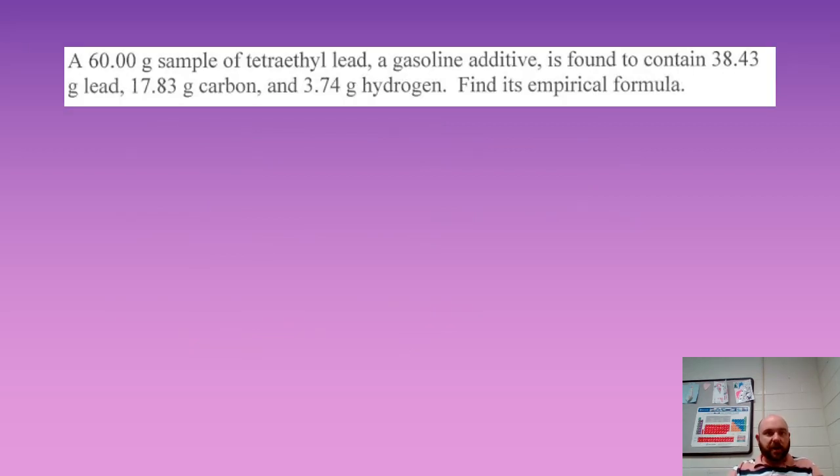All right, here in our next example, we read a 60-gram sample of tetraethyl lead, a gasoline additive, is found to contain 38.43 grams of lead, 17.83 grams of carbon, and 3.74 grams of hydrogen. Find its empirical formula. So we start this as we always do. We're going to determine the moles of each of our constituent elements. The first one we see is 38.43